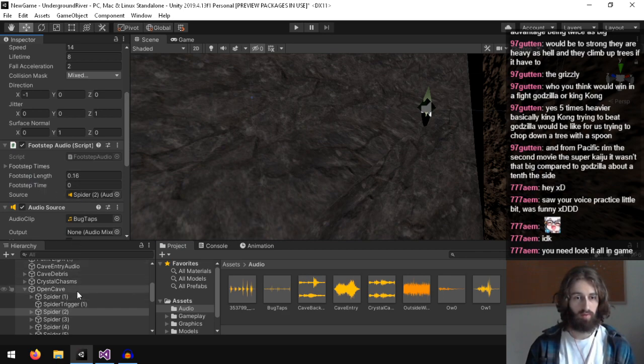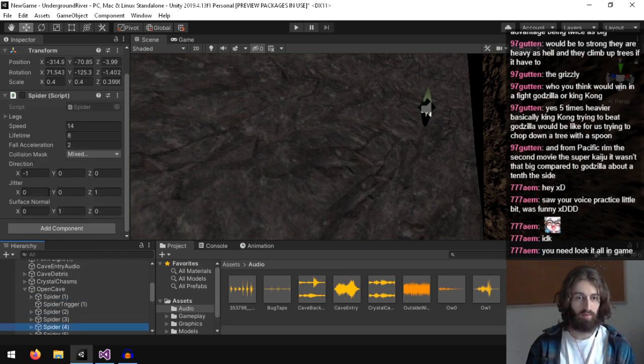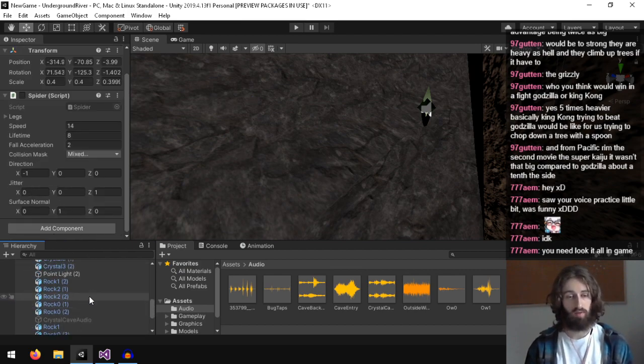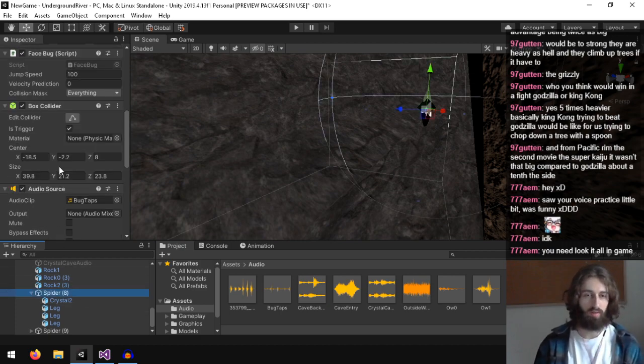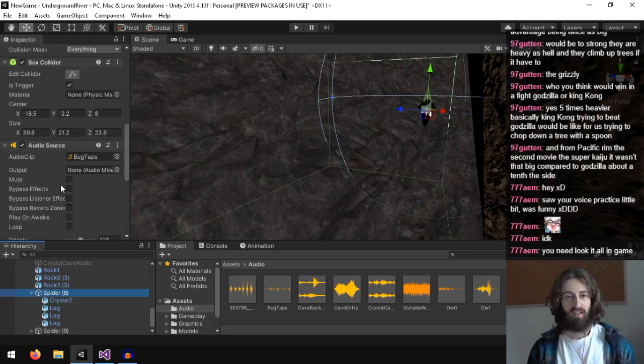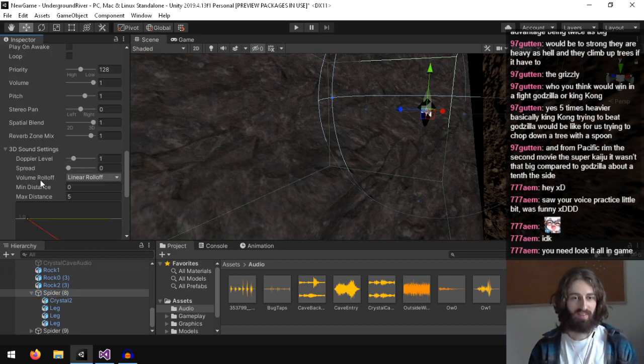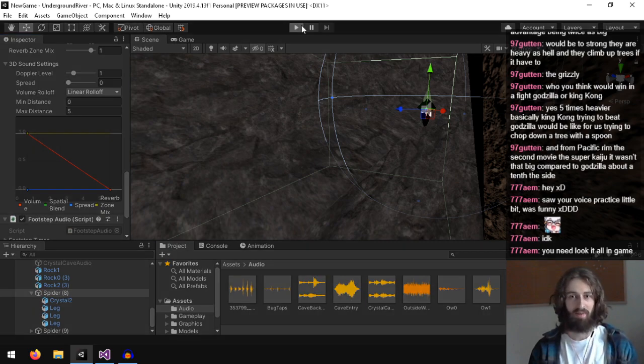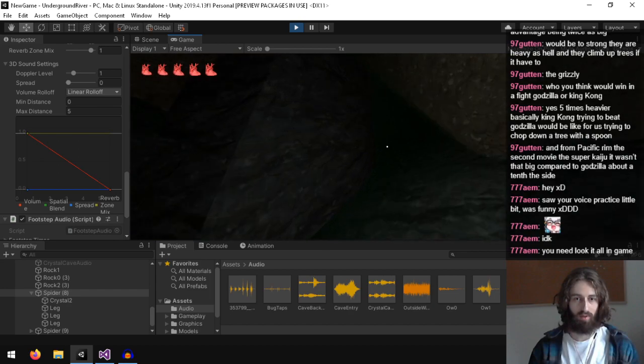So this one's source is 2, this one the source is 1, this one the source is 3. Okay. So those are all good, it just didn't copy to this one correctly. So this was playing the audio source of a different spider. Well, that explains why the volume roll-off didn't work.